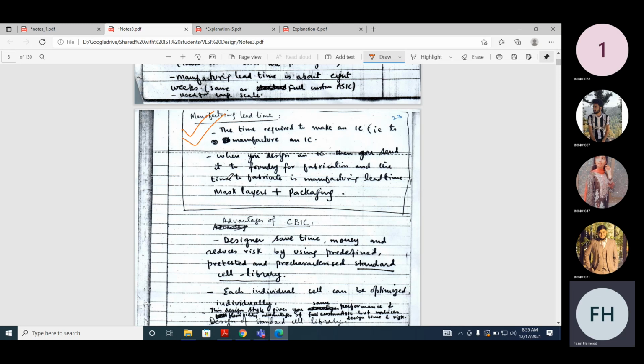It is the time required to fabricate all the mask layers, and also do the packaging. So it's the time to fabricate all the transistors. The manufacturing lead time for a full custom ASIC will be very high. For a cell-based ASIC it is also very high. What is the manufacturing lead time for an FPGA?